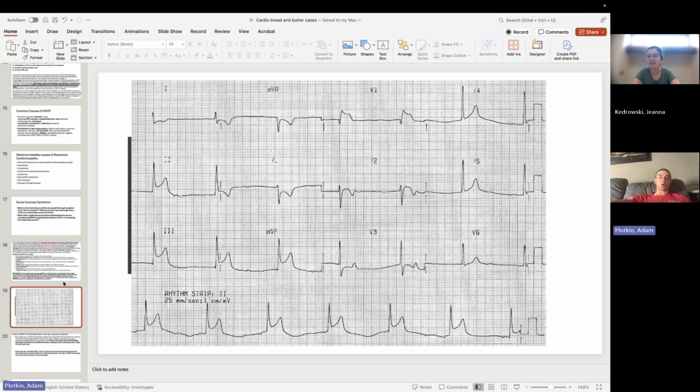The inferior portion of my heart, the RCA, usually supplies both the SA node and the AV node. If we're cutting off blood to that, there go my electrical signals to the heart. The patient may have bradycardia because we lose our electrical signals. And the right heart is extremely preload dependent. If we're losing blood supply to the right side of the heart, it can't pump forward, can't pump blood to the lungs, can't pump blood to the left side, can't pump blood throughout. So the patient may have hypotension as well. So things to look out for in a patient with inferior STEMI are also going to be bradycardia and hypotension.